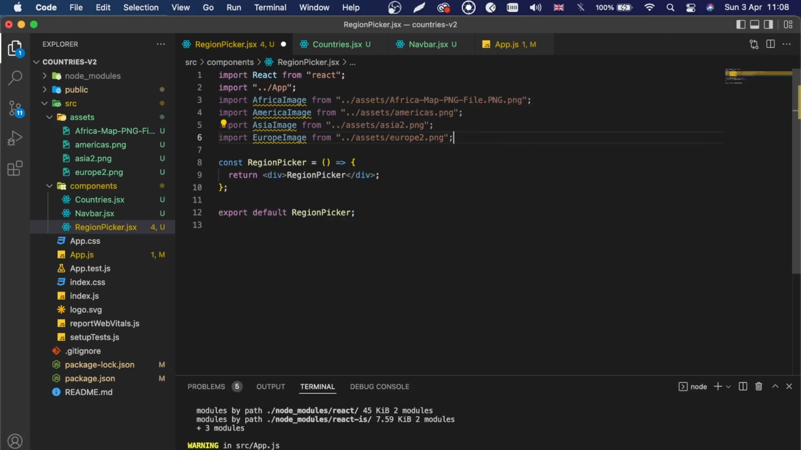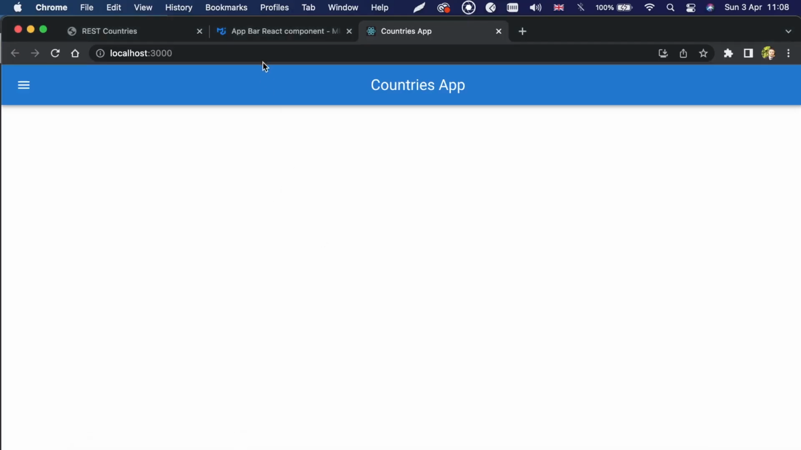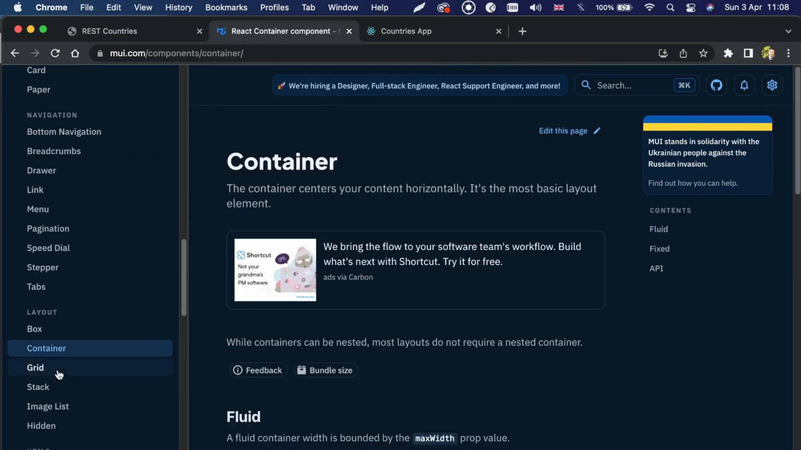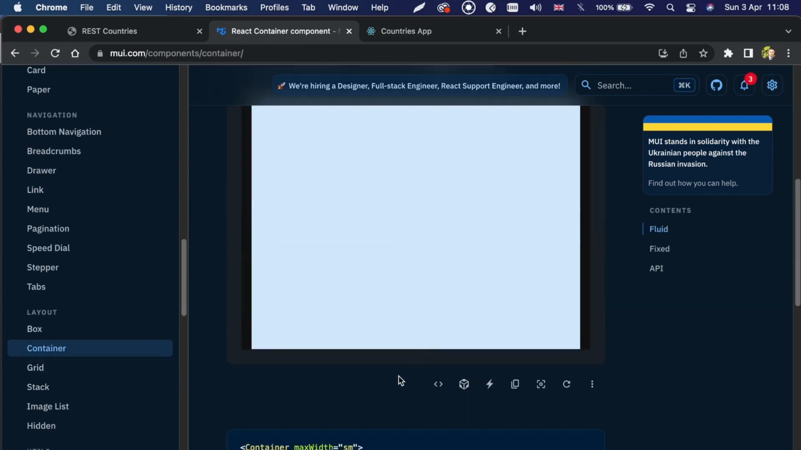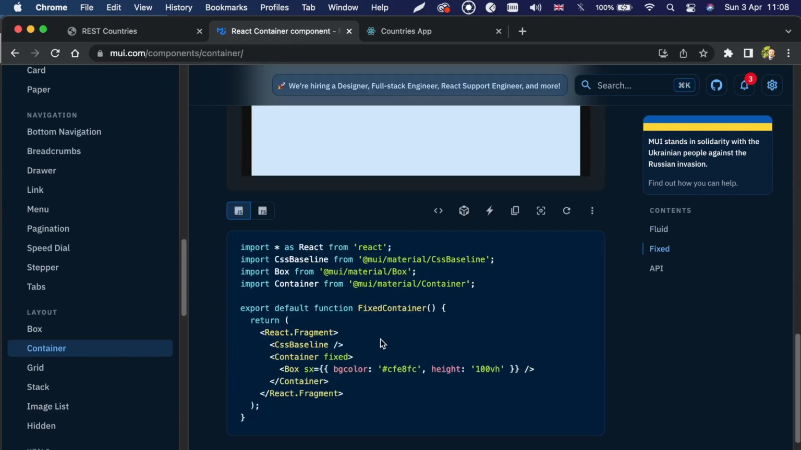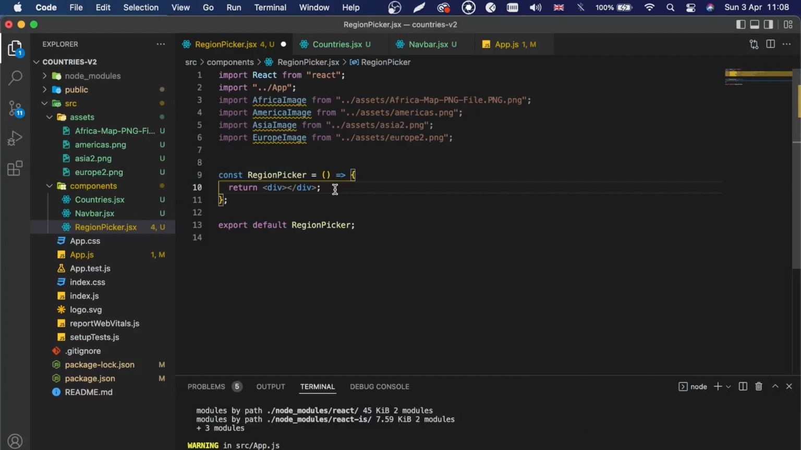And now what we're gonna need is we will need a component from Material UI inside this div right here. And that component is called container. So we will search for container right here. And the container I'm gonna grab is basically this one right here. So what I'm gonna do, I'm gonna copy and paste this code right here. Okay. And I'm gonna paste it